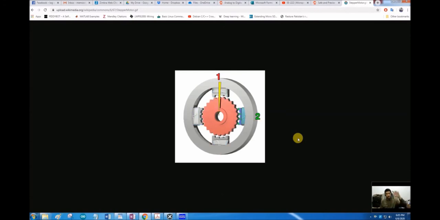So at one transition the motor will take one step, and at the second transition the motor will take a second step. And this is a geared motor, so its holding torque is very good. It has a very high holding torque. So if the motor is not being rotated, it is very difficult to move the axle of the motor, and it is very extensively used in precise position control.